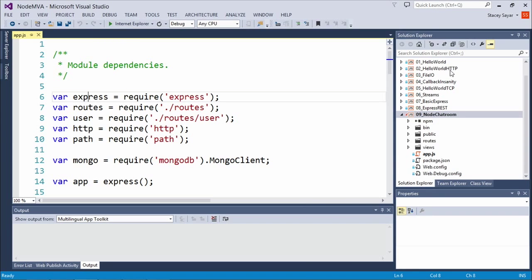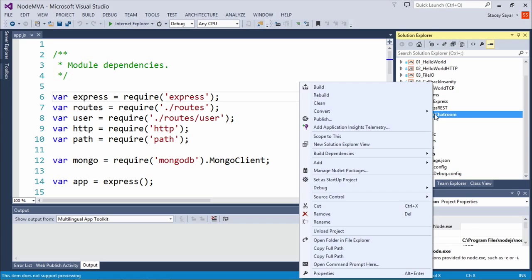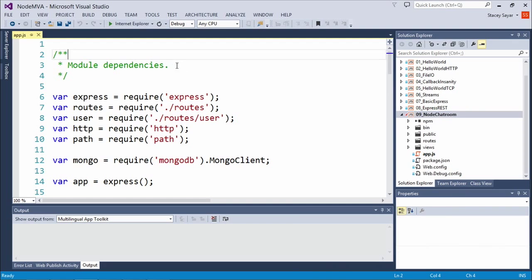Can you go back and do that again? I was watching, but then I was like... You right-click. Find set as a startup project. Perfect. The minute you set that up and you're in this project, you'll notice right up here that you've got